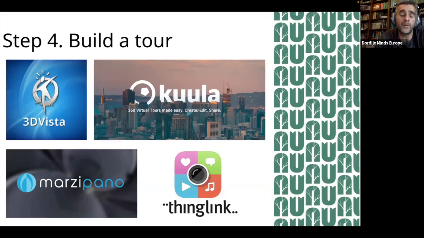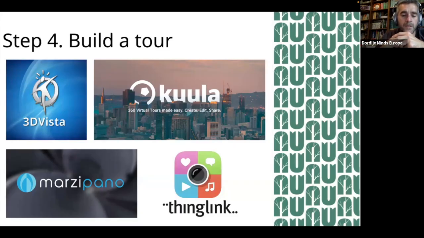The other one is Marzipano. Marzipano is completely free, but it has some bad sides. For instance, you can't have an interactive map with Marzipano. You can only have it like in Google Street View, so the first scene is a 360 photo, and then you go through the 360 photos and have a tour. You cannot set an interactive map and choose locations you want to visit, but you have to go only through the tour.